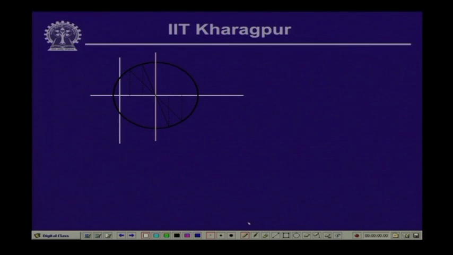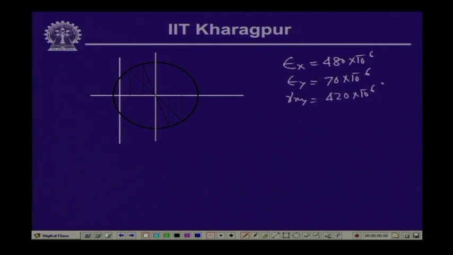Now, let me draw the Mohr circle corresponding to the state of strain which is given. Epsilon x is given as 480 into 10 to the power minus 6, epsilon y is given as 70 into 10 to the power minus 6, and gamma x y is given as 420 into 10 to the power minus 6. Now, if we try to plot the Mohr circle based on these values of strains, then we have, let us say